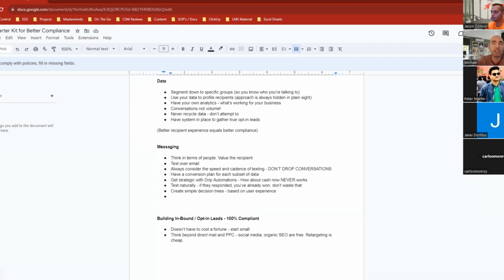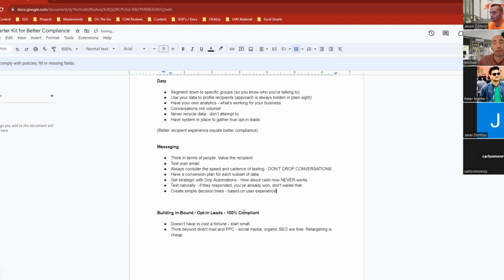If you have questions about, for instance, that inbox decision trees section, I think that's mostly on you guys, but we're willing to help. We're happy to help a little bit. In terms of drip automations, we want those drip automations to pick up at the exit point of the conversation, right? So where did the conversation end, and what do we know about the homeowner, right?